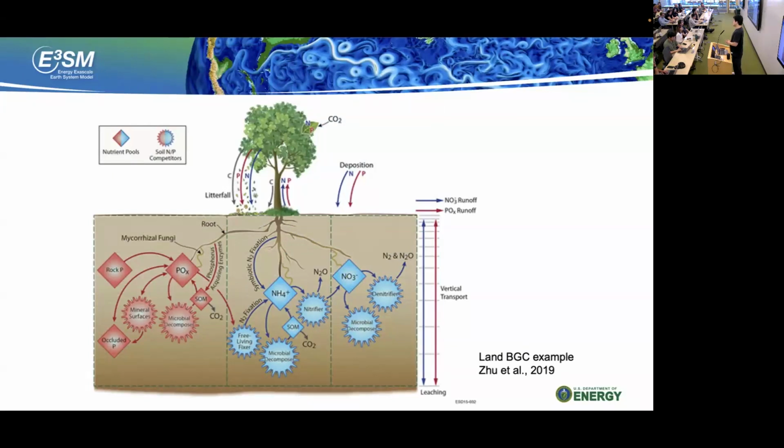But the entry point is CO2. You see there is a CO2 molecule on the top right. That's the entry point. And when the CO2 enters into the system, then it goes along with the nutrient cycle, and then decomposes in the soil and returns CO2 back into the atmosphere. And the plant also returns part of the CO2, photosynthetic CO2, back into the atmosphere, depending on the environmental condition. So this is how the land surface BGC plays a role here, with CO2 as an important point for the interactions.